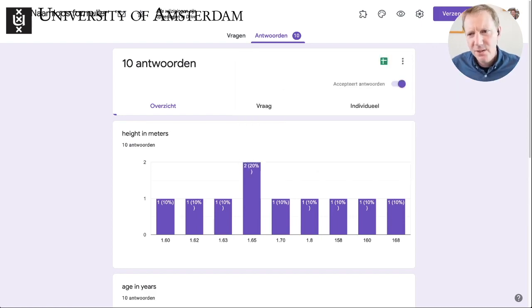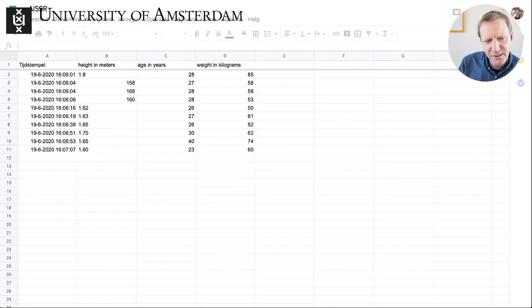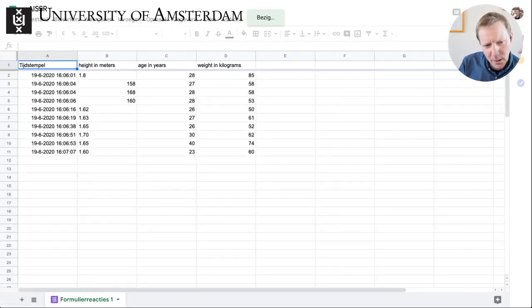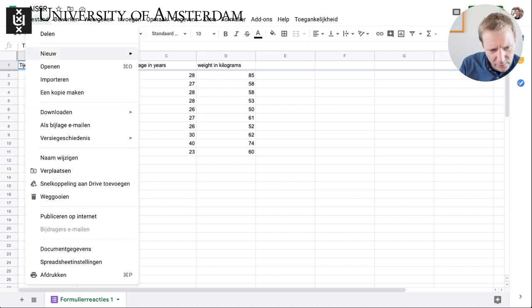Okay, so I think we're done. So this actually means that you can create a questionnaire. You don't have to use Google Forms, of course, but in Qualtrics you could do the same thing and have the data come in gradually and collect everything in there and use this as a source for your output. So I could now download the results from this file, but I could also